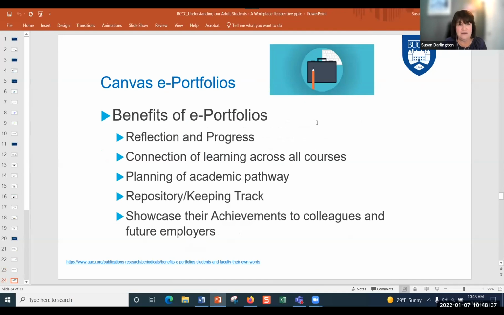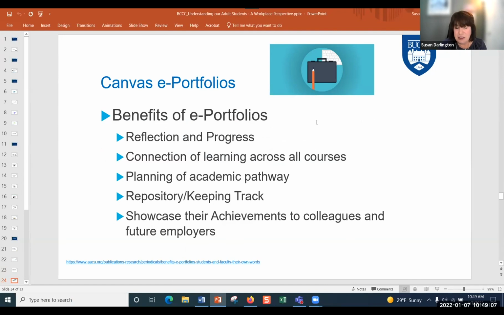So I love ePortfolios. They allow students to reflect on their work and think about the progress of their learning, and allow them to connect content across all courses and time, because you don't always put coursework in your ePortfolio. Students can plan their academic pathway as they come to understand what they know, what they need to know, what they still need to learn.